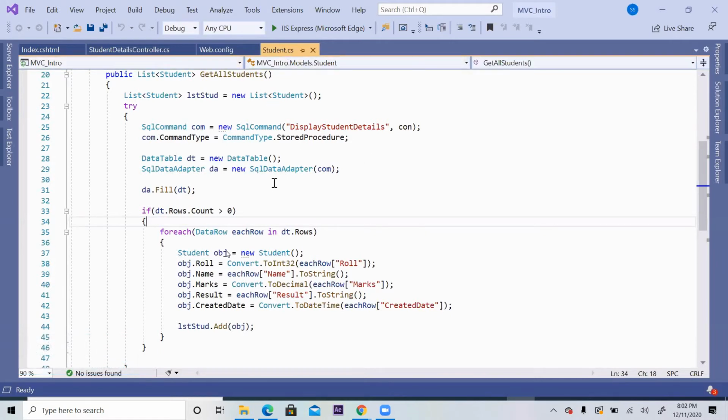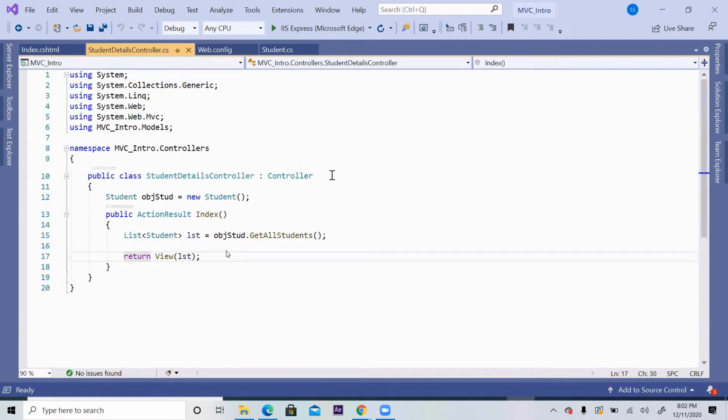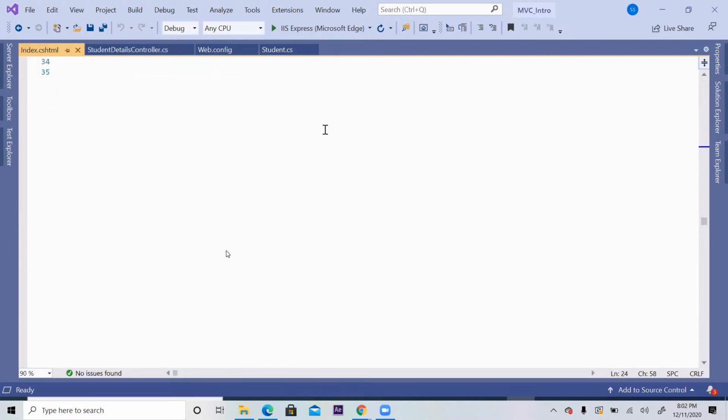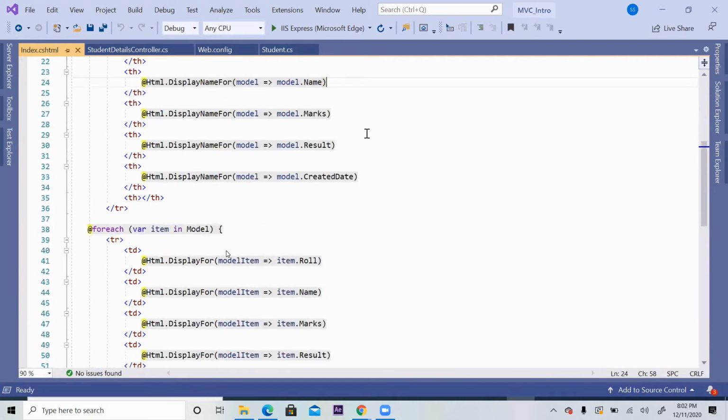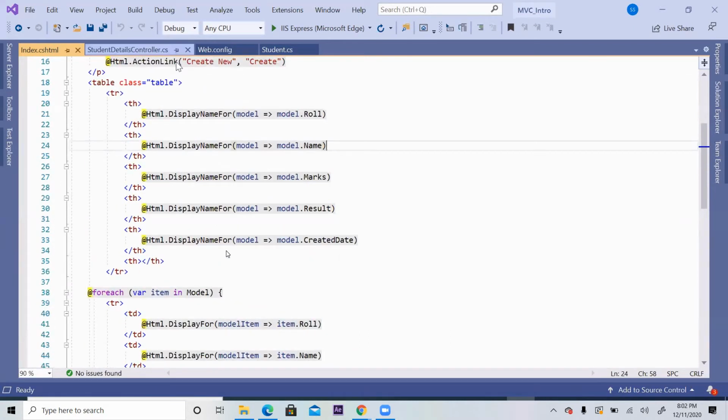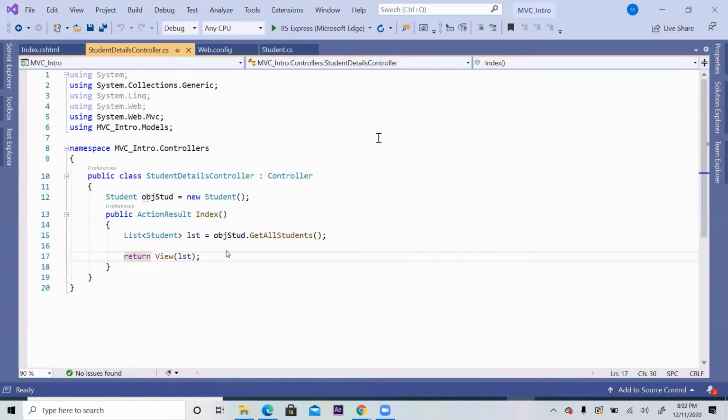So model takes care of the data, and controller takes care of the routing, request receiving, communicating with the model, and then collecting the data if any, and then communicating with view. And view stands for UI layer, that is user interface layer. And a small workflow is how we can make use of them.